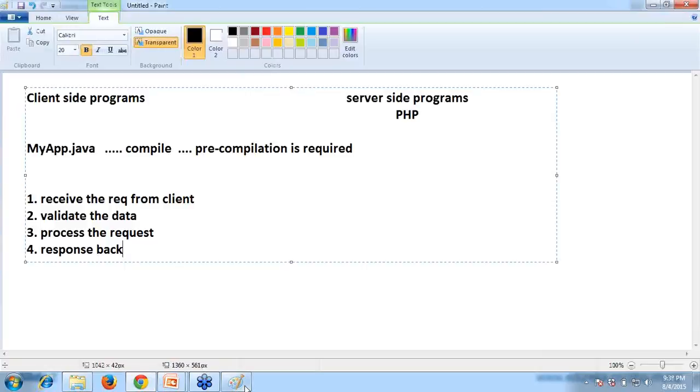Request, response. When we get the response, I'm able to send my username and password in the client's browser. So client-side program is nothing but the browser. We open the browser and send a request to Edureka.